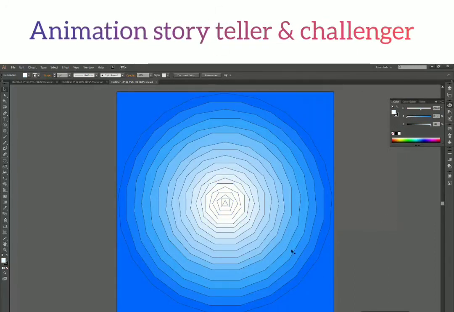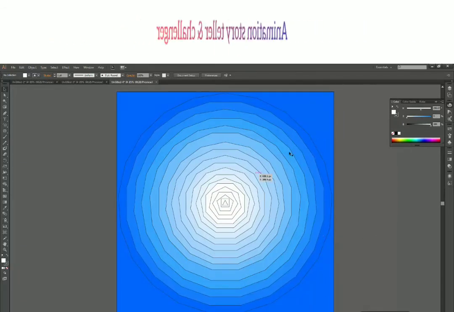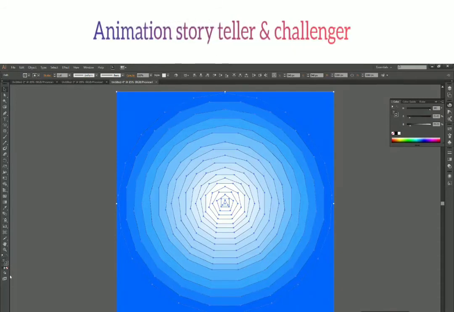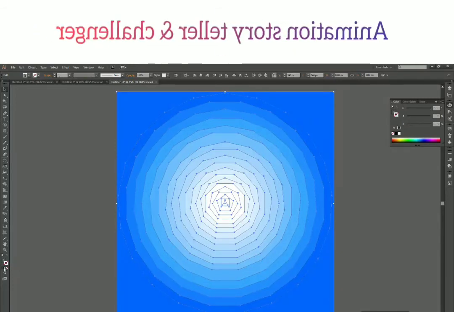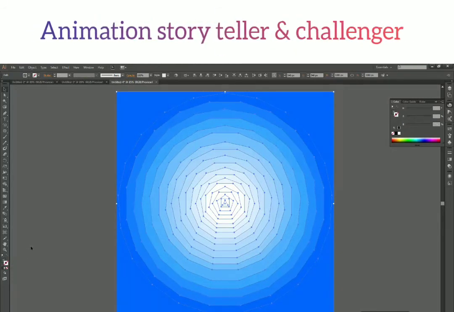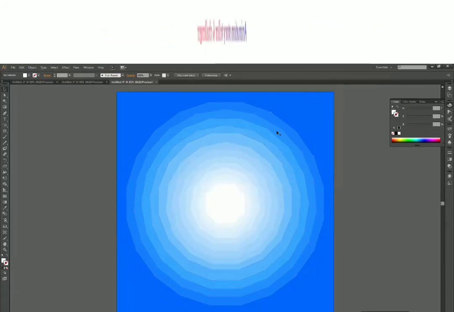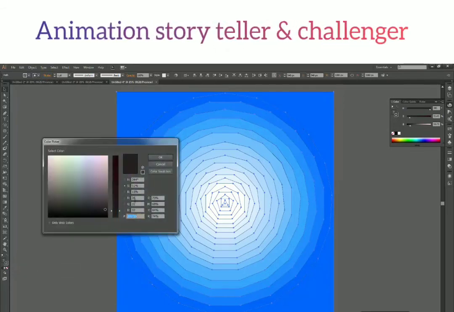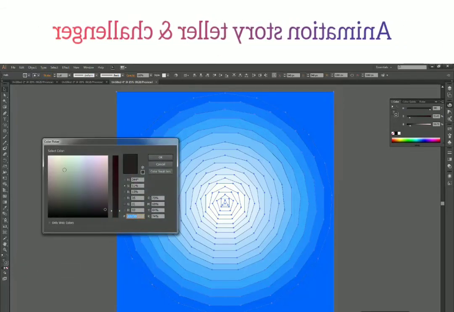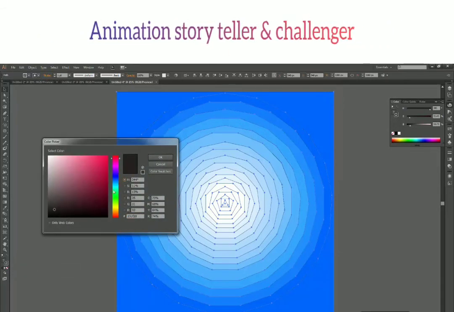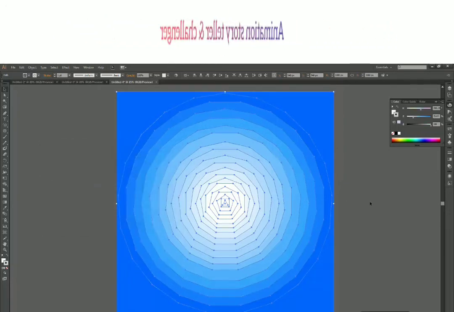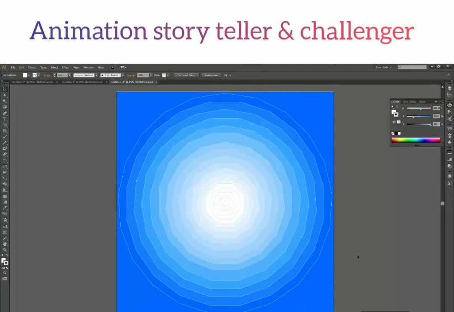Now you can see we have a very pleasing design over here. You can press Ctrl A to select all of them and have no fill in the outlines, and when you left click you can see we get something like this. Or you can have a very dull or light outline. Let's say I go to HSB and make a very light blue kind of outline. So you have something like this.